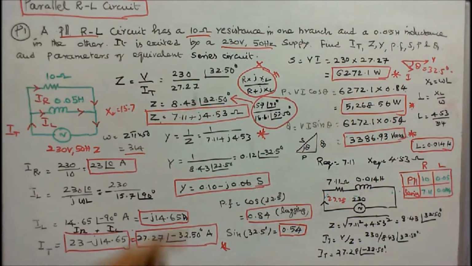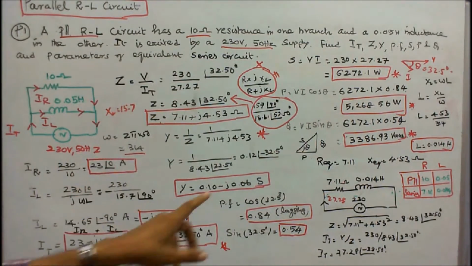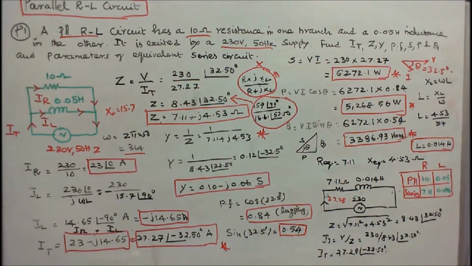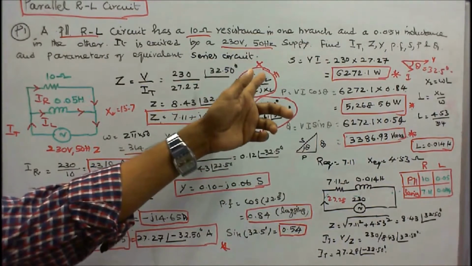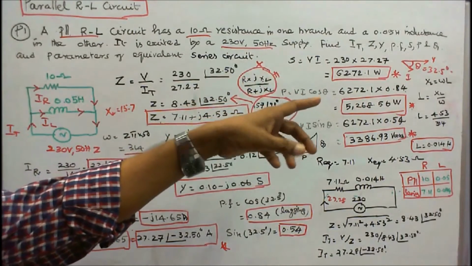I know the angle theta is equal to 32.5. The current is lagging. Cos 32.5 is equal to 0.84 lagging. Sin 32.5 is equal to 0.54. Apparent power S is equal to V into I, that is equal to 230 into 27.27, that is equal to